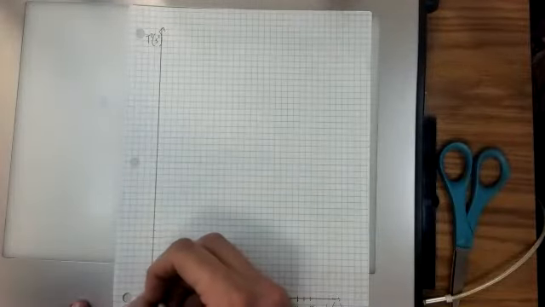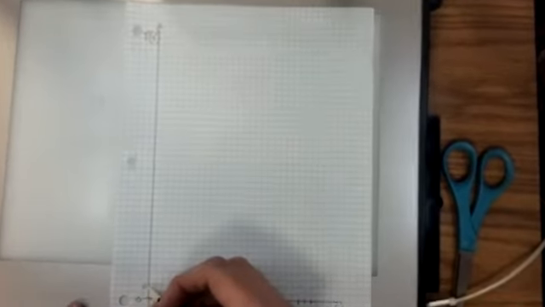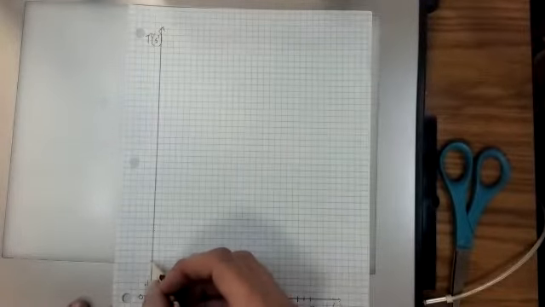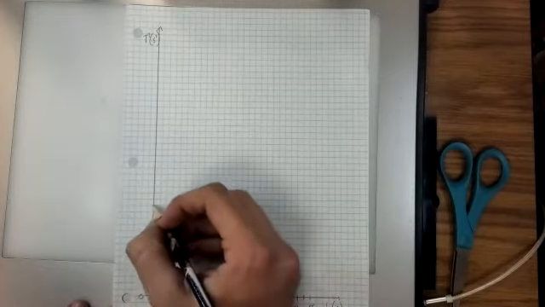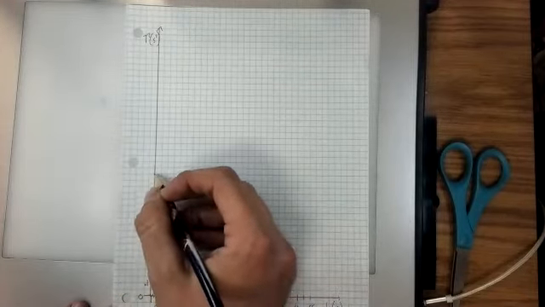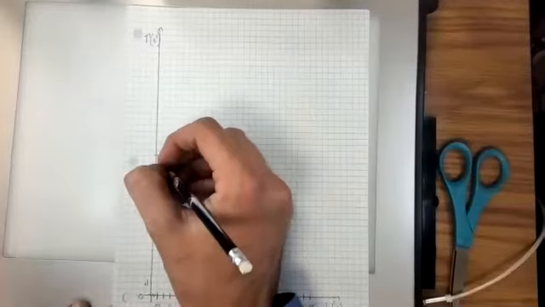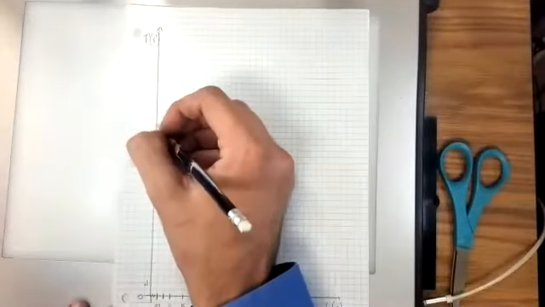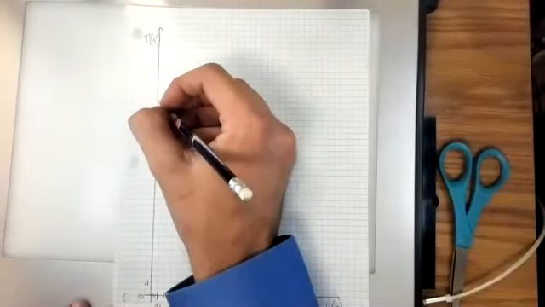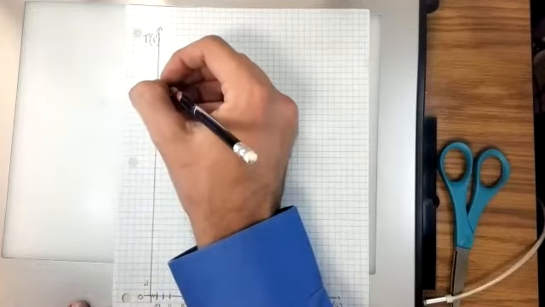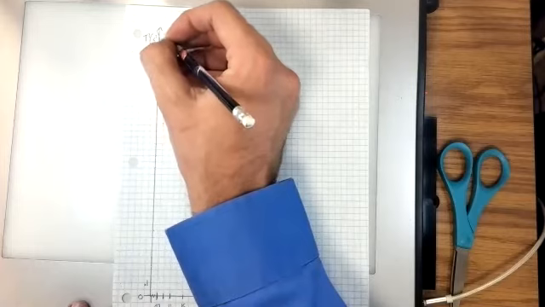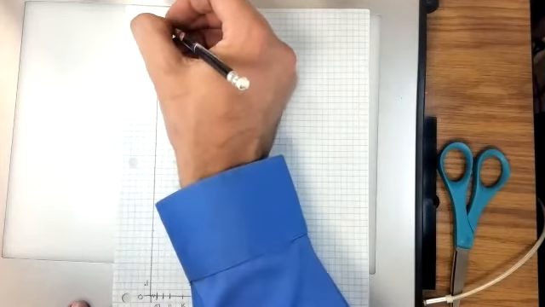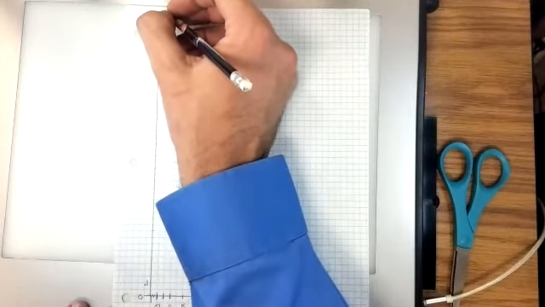I think that might work. So if every 2 squares is 0.1, then 0.1, 0.2, 0.3, 0.4, 0.5, 0.6, 0.7, 0.8, 0.9, 1, 1.1, 1.2, 1.3, 1.4, 1.5, 1.6, 1.7, 1.8, 1.9, 2, 2.1, 2.2, 2.3. So that works,